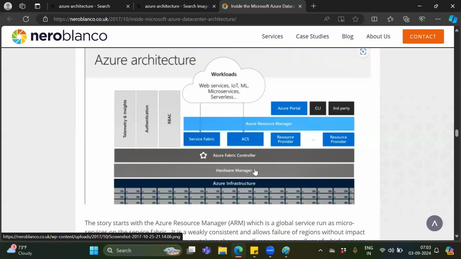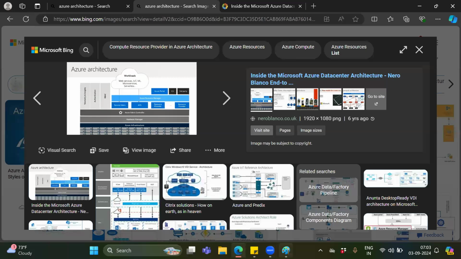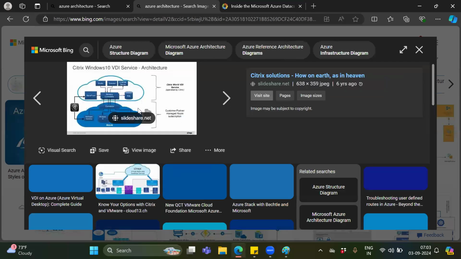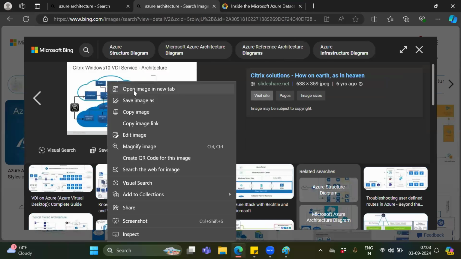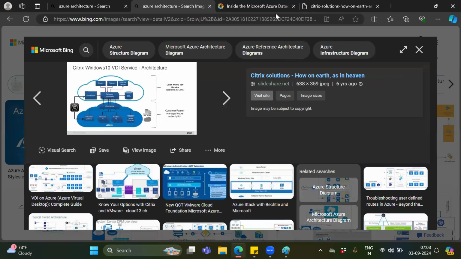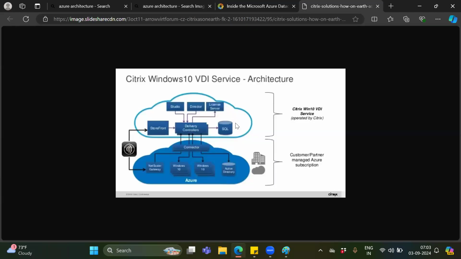Similarly, if you see here, one second, I need to take the exact one so that you will understand better. See, this is Windows 10. Here is your software, and this is a gateway.